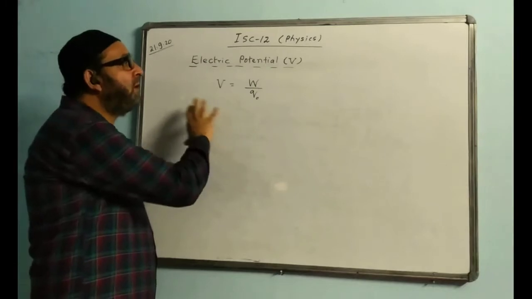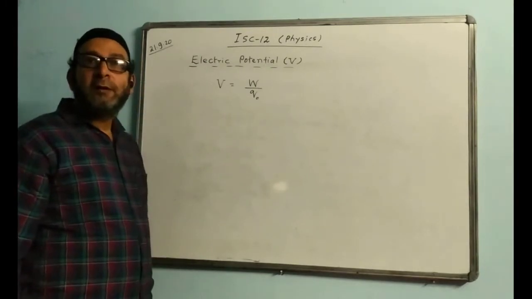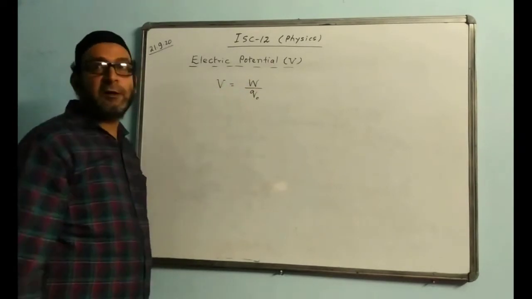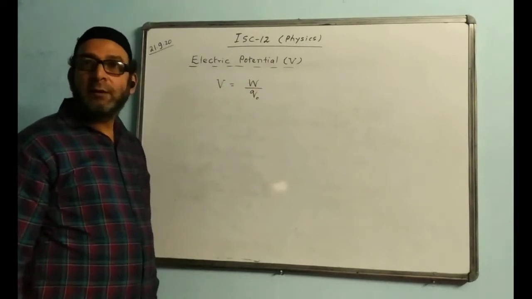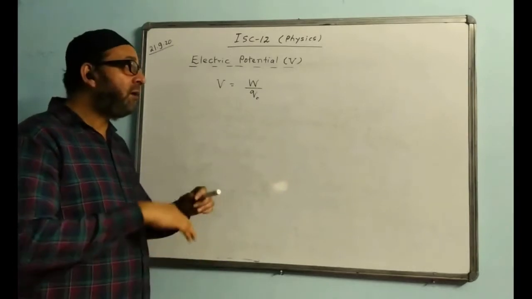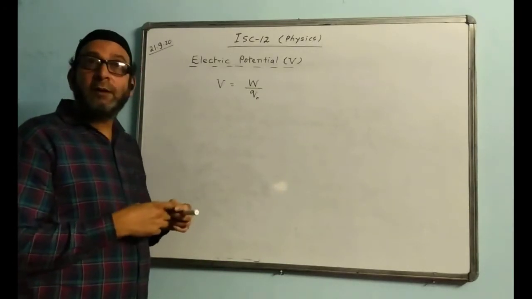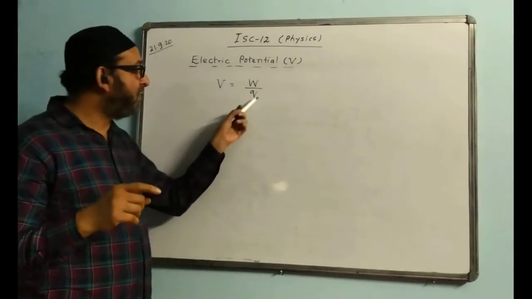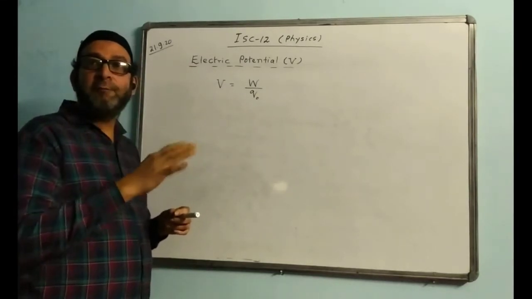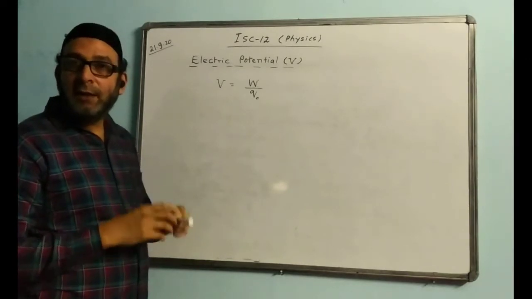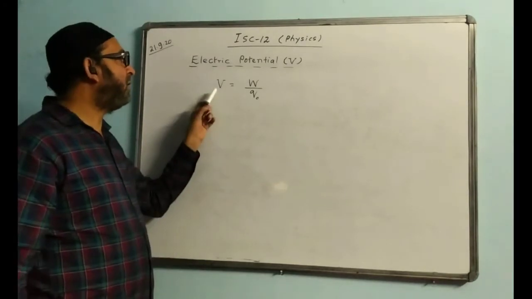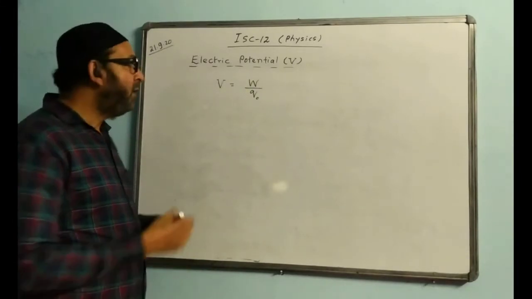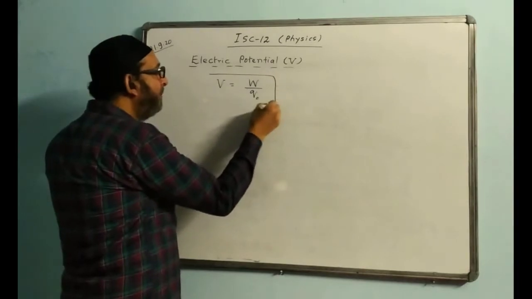If you don't mention the full definition and say only that electric potential is the work per unit test charge, then it's okay, also acceptable. But you should mention what kind of work: it is the amount of work done to bring a positive test charge Q naught from infinity to a given point to keep the charges in equilibrium. That is the correct definition. But if you say only V equal to W by Q naught, that is also acceptable. So this is the formula of V.